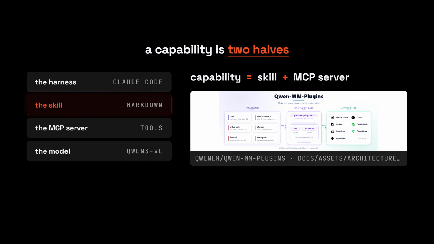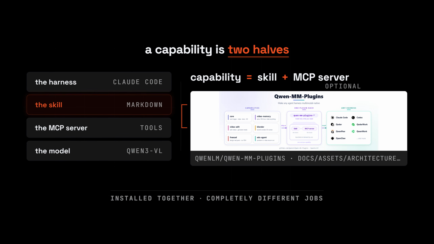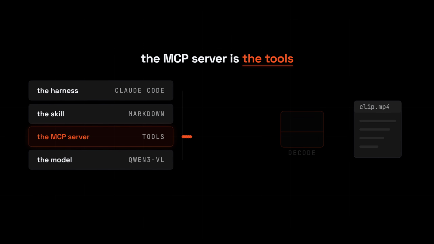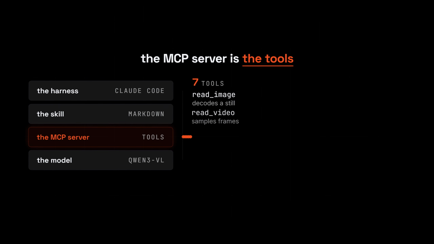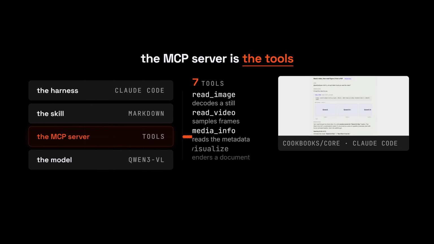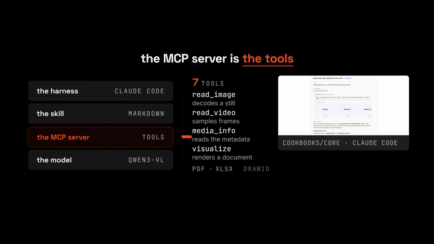A capability equals a skill, plus an optional MCP server. Two halves installed together, doing completely different jobs. The MCP server is the tools, real functions that open a file on your disk, decode it, and hand the model something it can actually consume. Read image, read video, media info, and visualize, which covers PDFs, spreadsheets, draw.io diagrams, LaTeX, Jupyter notebooks, and 3D